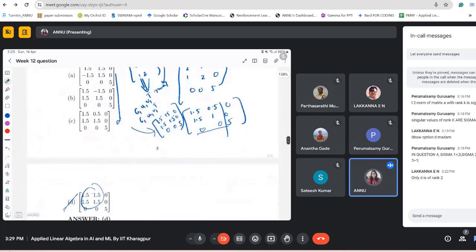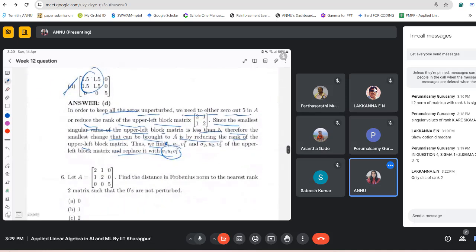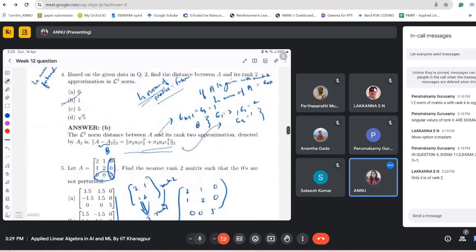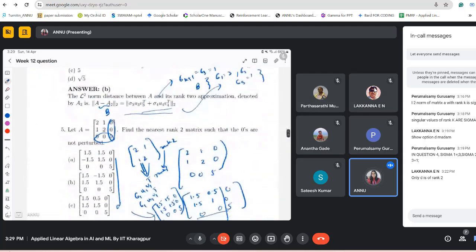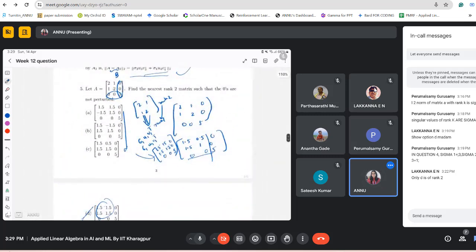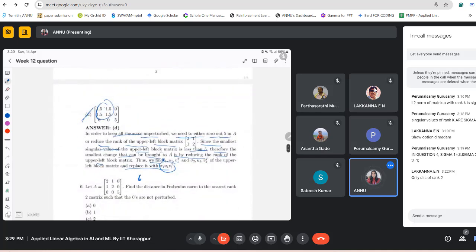Or is there any other approach? What if I straight away find the distance and the Frobenius norm of that? The original matrix is known. Yes, the simple thing is you can subtract this matrix from this matrix and find the distance. That's fine. But what will it be exactly equal to? It will be equal to this one, because this is written only in terms of sigma 1 u1 v1 transpose,